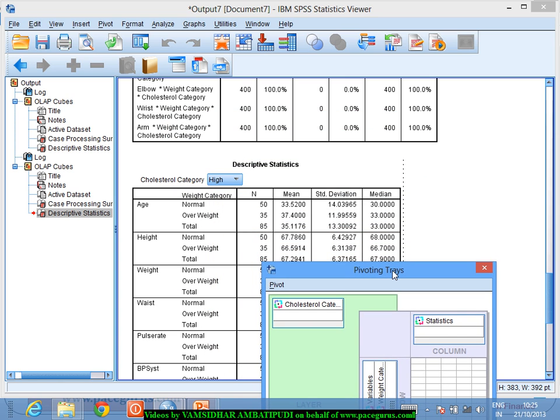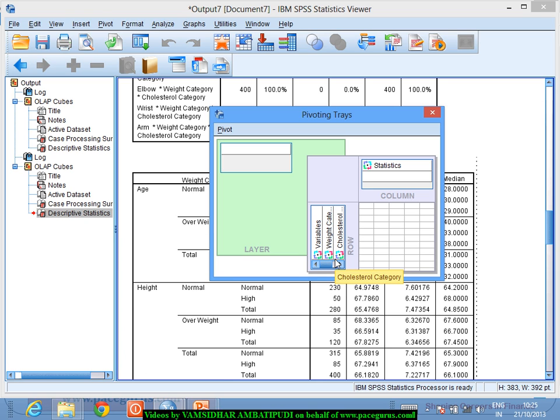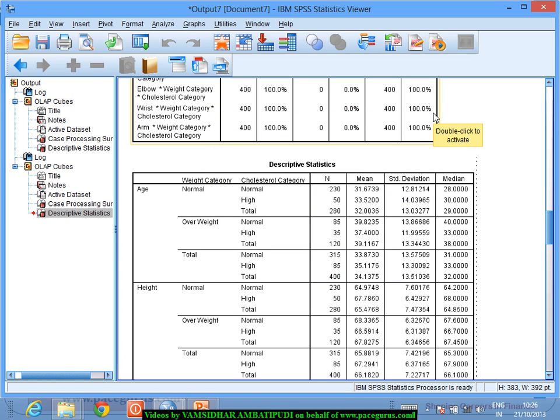So you see normal versus overweight. Even if I am trying to bring the cholesterol here itself, you see here, now we will get a kind of